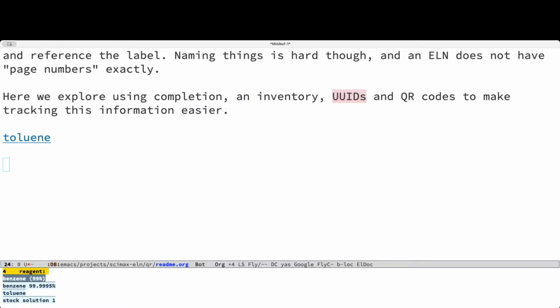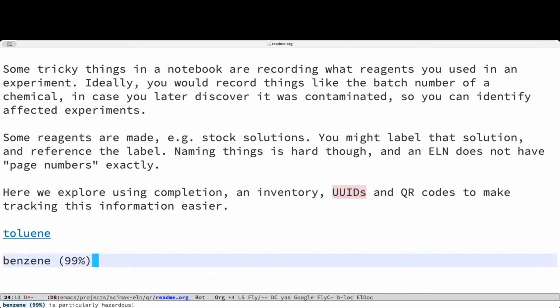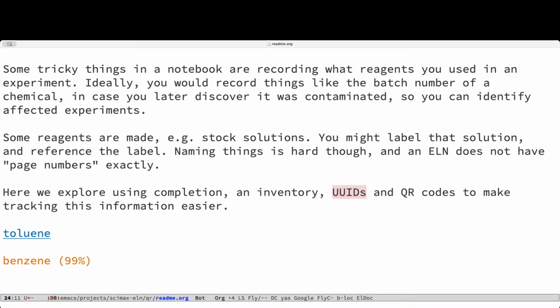So I'm going to insert benzene now. And benzene is a known particularly hazardous material. And when I press enter here, if you listen carefully, you might hear a little ding, and we'll get a little warning. So it was just a little ding. I didn't find a way to make a more exciting one. But you can see that benzene is showing in orange. And if I look at the help